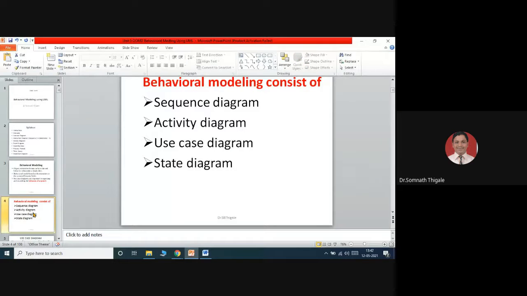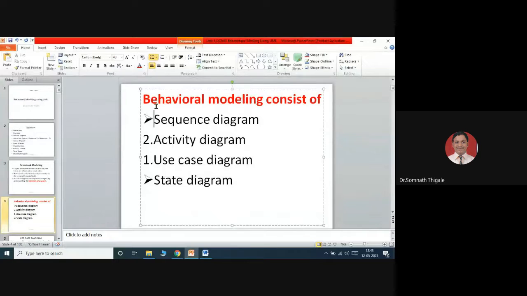So let's see what types of diagrams we are going to draw in behavioral modeling. First, we will complete the use case diagram, then the activity diagram, then the sequence diagram, and then one more diagram, the collaboration diagram.